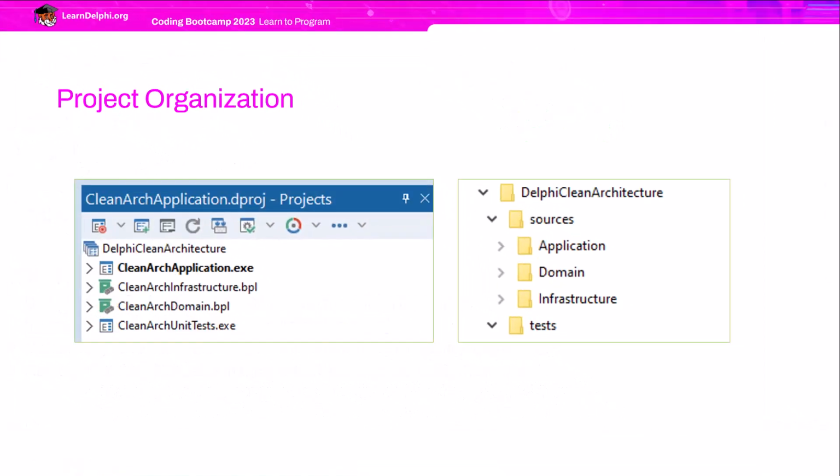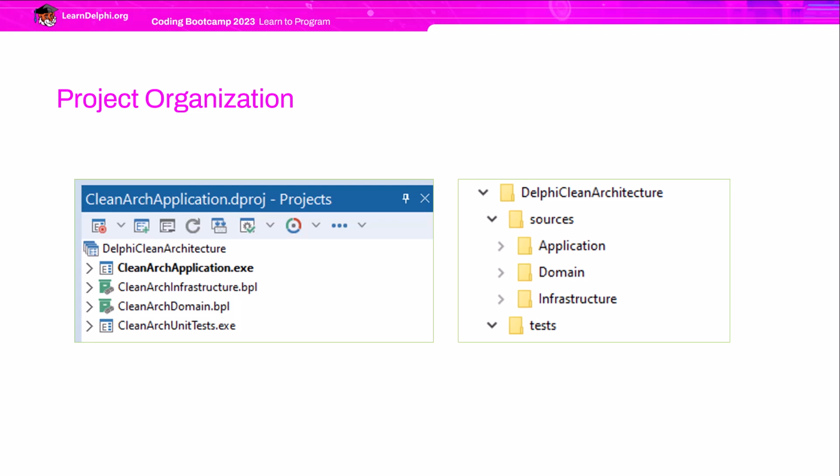The project is structured into a group of projects, separated according to the model proposed in clean architecture. I use Delphi packages to segregate files based on their responsibilities, and I suggest you do the same. This structure helps keep your code organized over time, and you don't need to deploy packages, .bpl files. Simply compile using the default project configuration, and all the code will be included in the final executable.